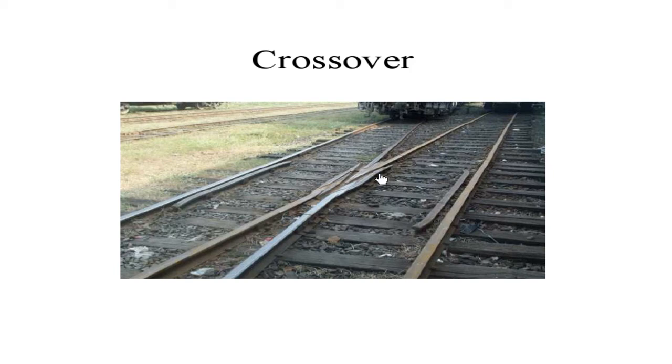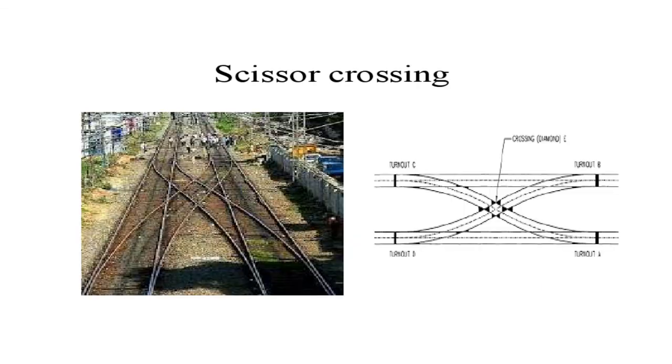Now coming to the next crossing, which is known as the scissor crossing. Scissor crossing is named so because you can see in the figure it is in the shape of a scissor. Okay, here you can see 4 turnouts: turnout A, turnout B, turnout C, turnout D. So this is in the form of a scissor, so it is named so. Here also for shifting one train to another, or shifting the train which is present in one track to another, we require